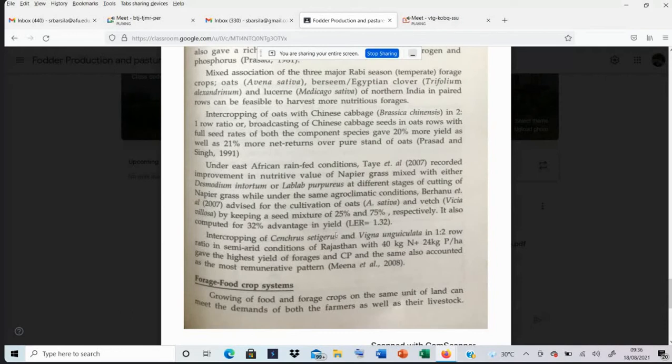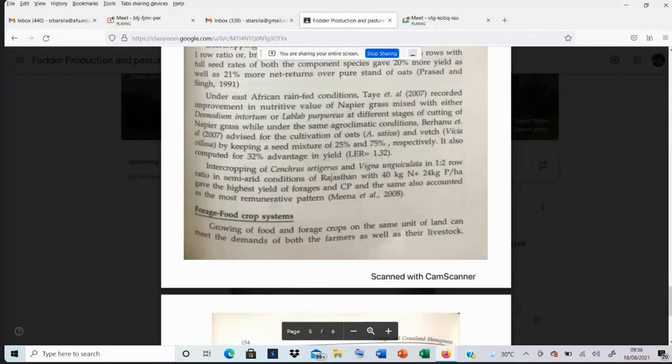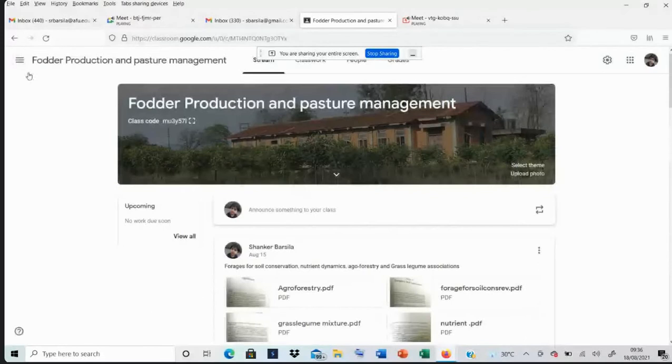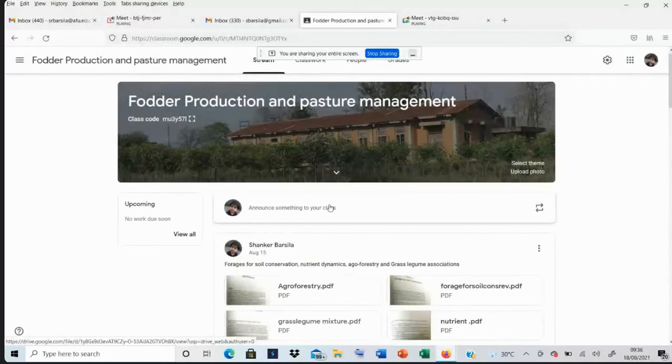So there are many sequences or many compatible combinations, and you can give some examples, okay? That's all about grass legume mixture, and the third one to be described is about